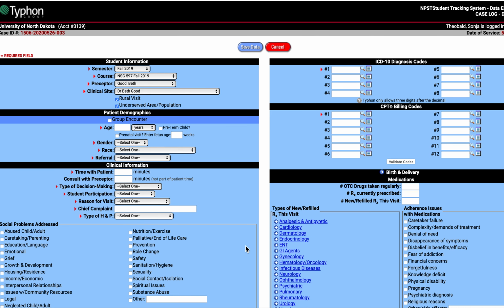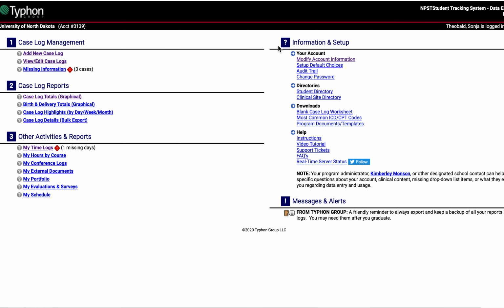When you go to that, it only maintains your preceptor information. So it doesn't copy over, like, let's say your chief complaint is similar, you're just going to edit it, reason for visit similar. It doesn't copy forward your CPT billing codes. So now you can see here I'm missing information for those 3 cases that I added, and when you do those cases, you also have to go to